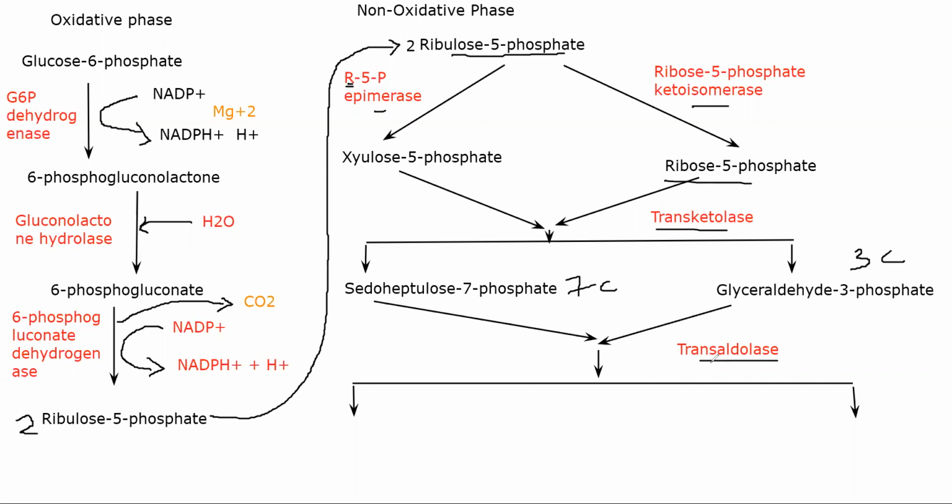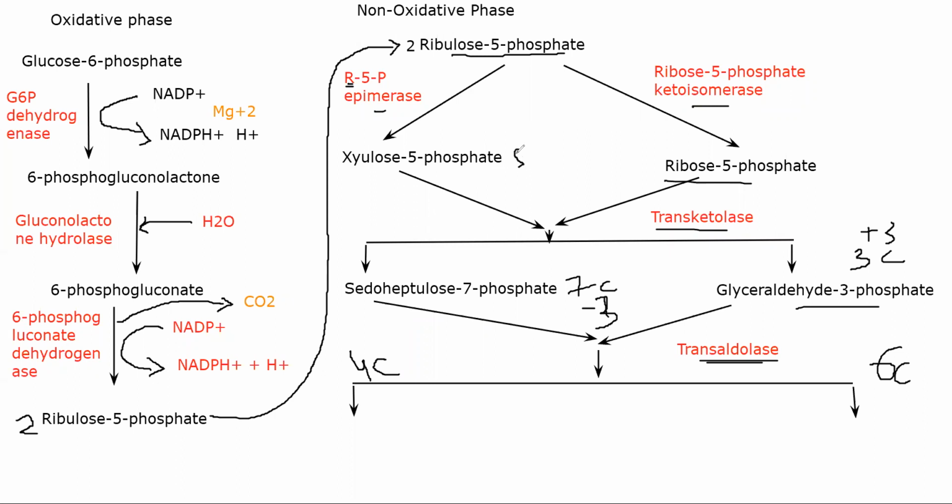So what transaldolase will do is it will reduce 3 carbons from this, and it will add 3 carbons here. Okay, so transaldolase is removing 3 carbons from pseudoheptulose 7-phosphate and giving it to glyceraldehyde 3-phosphate. What ends up happening is you will get a 6 carbon molecule here and you will get a 4 carbon molecule. 7 minus 3 is 4 carbons, 3 plus 3 is 6 carbons. Okay, the number of carbons totally remains the same. Still you have 10 carbons, right?